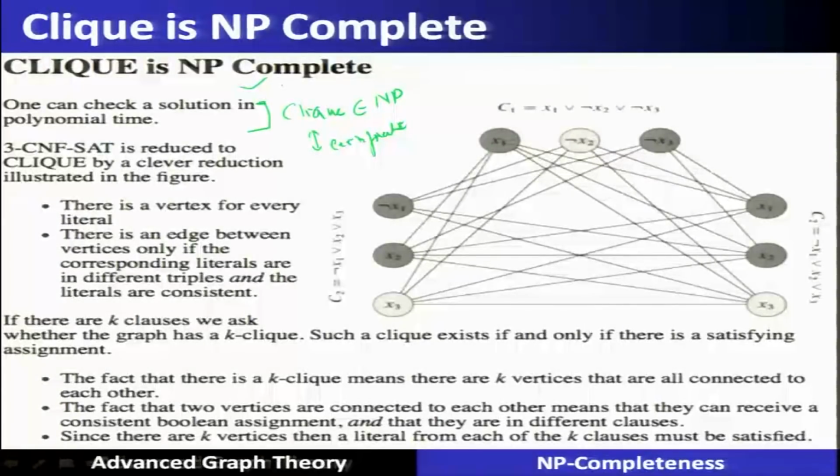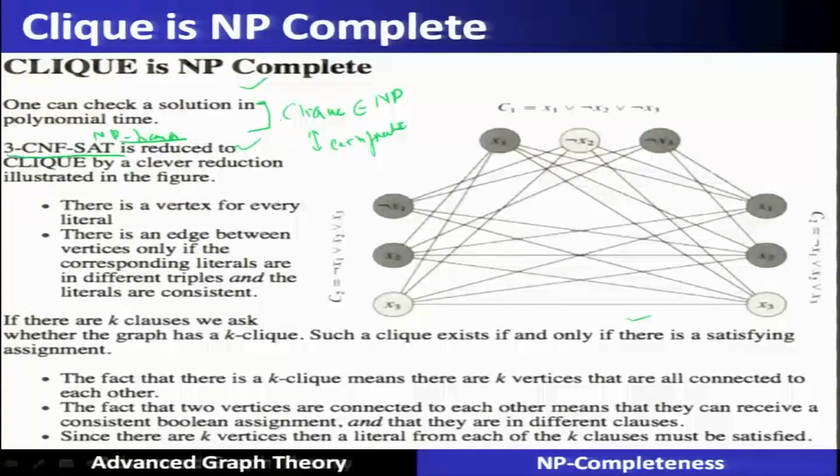Now, the second part is that we have to prove that clique is NP hard. To prove it to be NP hard, we have to select one known NP complete problem. Let us choose 3 CNF SAT, which is a well known NP complete problem. SAT is satisfiability. So, we are given a Boolean function that will basically represent a circuit, and we will reduce this particular problem to the clique problem by a clever reduction which is shown in this particular diagram. Now, the Boolean function is the conjunction